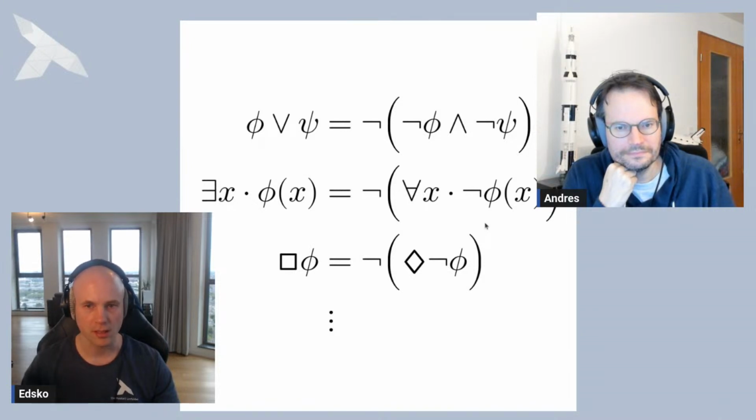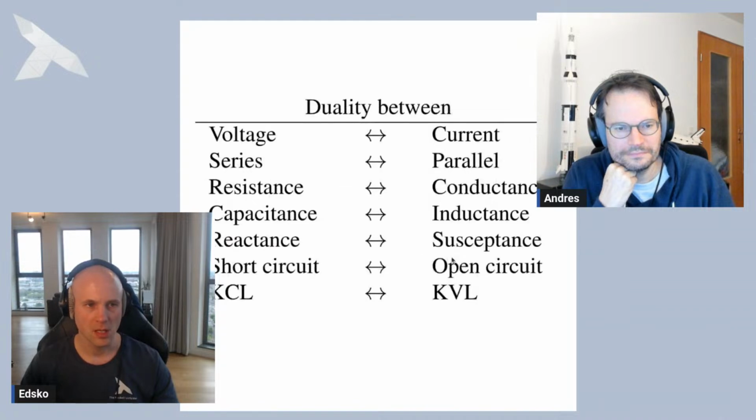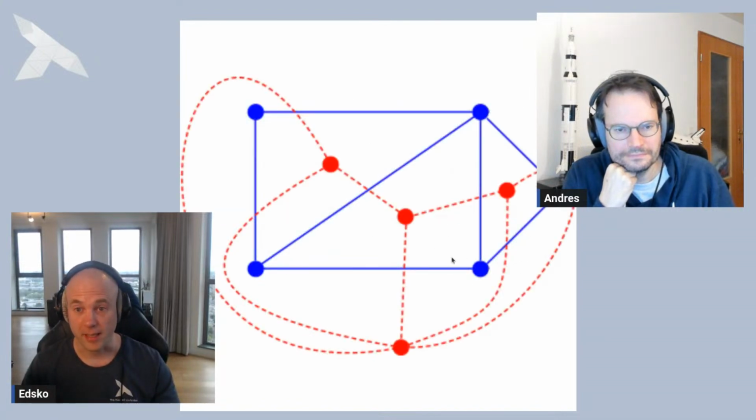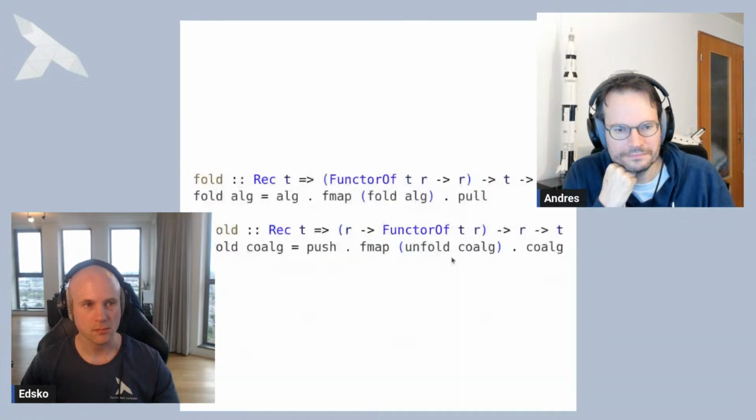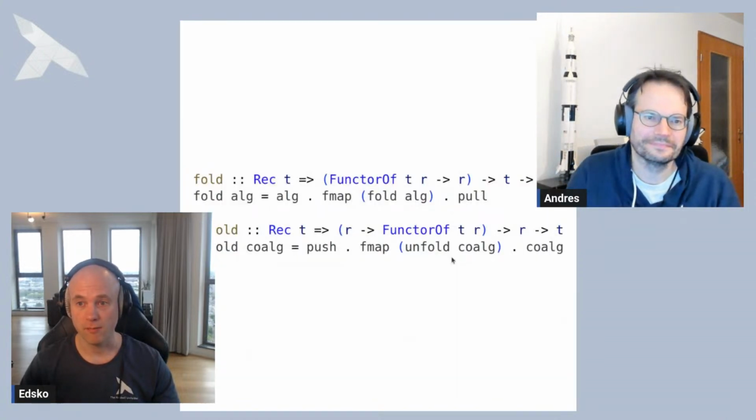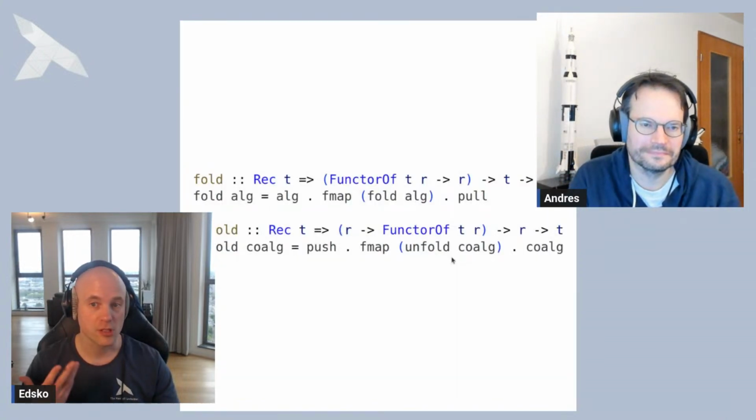For example, in logic, logical or is in some sense opposite to logical and, exists is opposite to for all, must opposite to may. It's a very useful tool in electrical engineering for circuit design, where we have the duality between voltage and current, series and parallel, and so forth. In mathematics, we can define the dual of a graph. In audio engineering, we can use the duality between the time domain and the frequency domain. And of course, in Haskell too, where we have a duality, for example, between folds and unfolds, like we